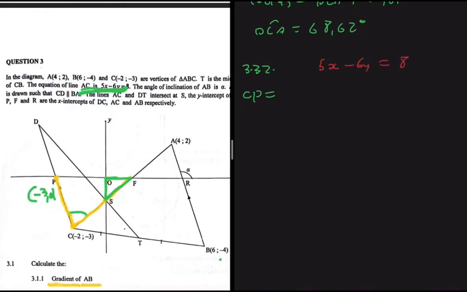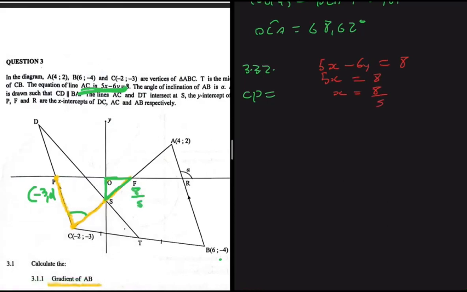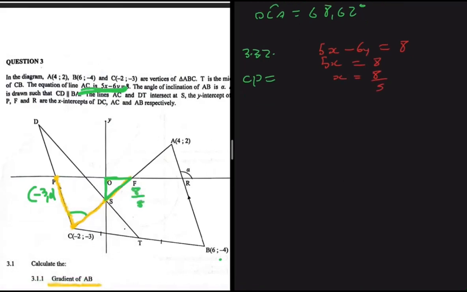We say y is 0, so we're going to have 5x equal to 8. So x is equal to 8 divided by 5. So here, 8 divided by 5. Yeah, so let's go ahead and calculate